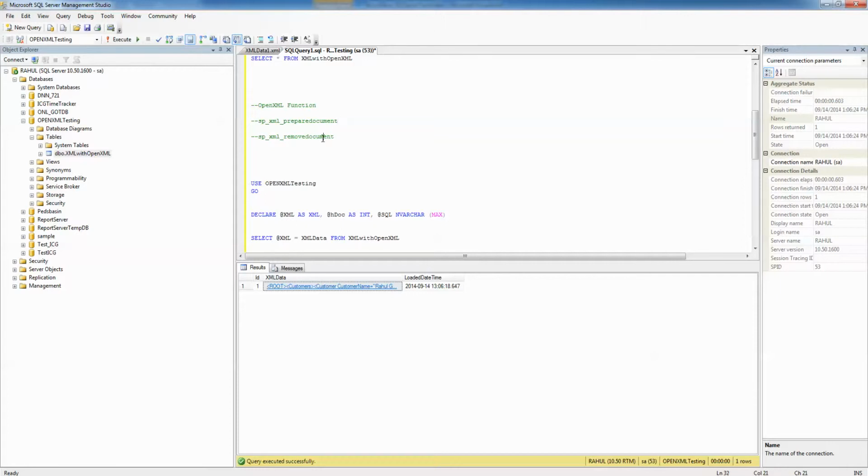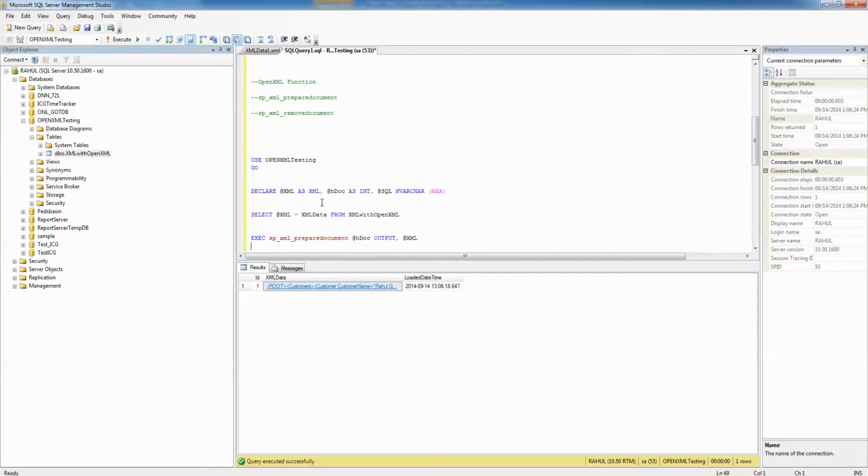Now since this XML document is internally stored in the internal cache of SQL Server, we need to remove it as soon as possible to clear out the cache. So for that the sp_xml_removedocument procedure is used.